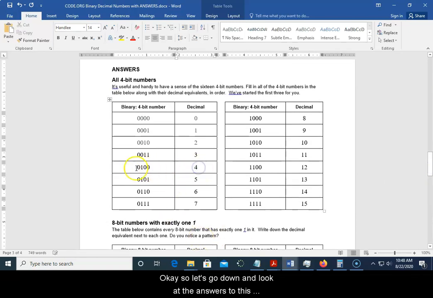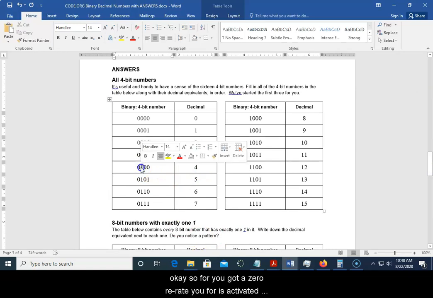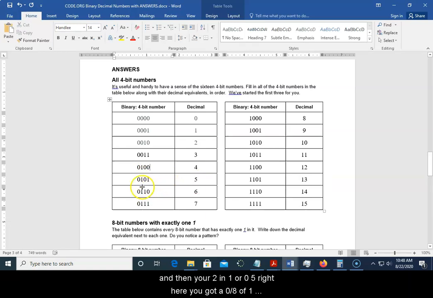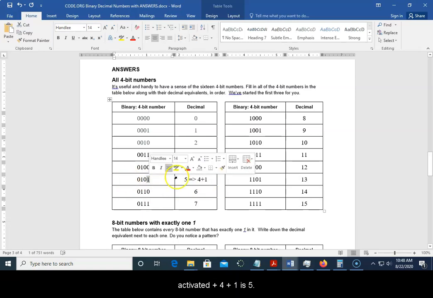So 4, you've got a 0 over your 8, your 4 is activated, and then your 2 and 1 are zeros. 5, right here, you got a 0 over your 8, a 1 over your 4, a 0 over your 2, and a 1 over your 1. And the reason why you would do that is because 4 plus 1 is equal to 5. So your decimal number, 4 plus 1, your 4 gets activated and your 1 gets activated, and 4 plus 1